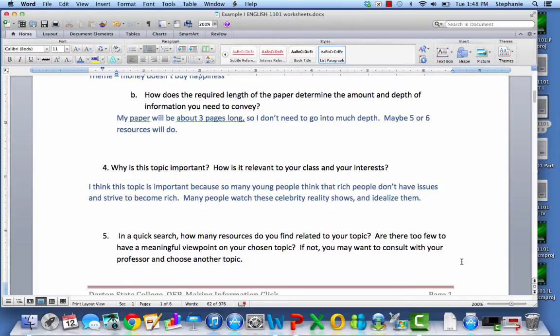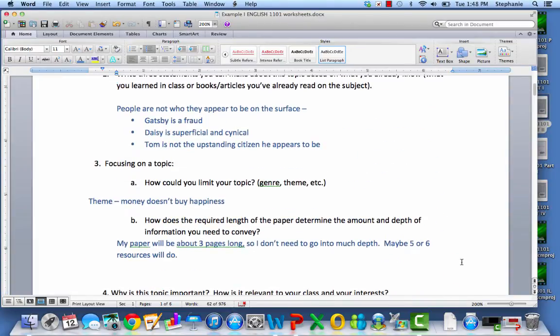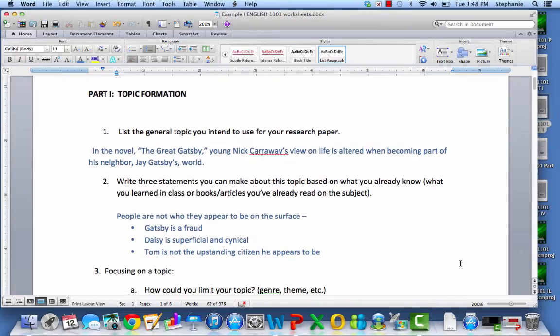So I did a pre-search in Galileo, and there were about 900 hits. Not all of them are directly related to my topic, but I said there's enough out there that I could pursue it. So based on reading the novel,